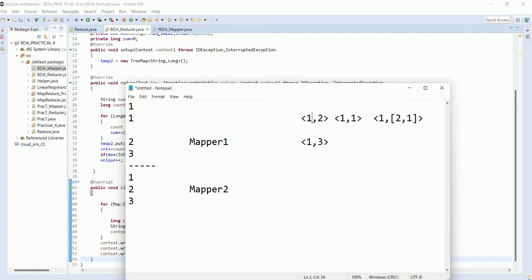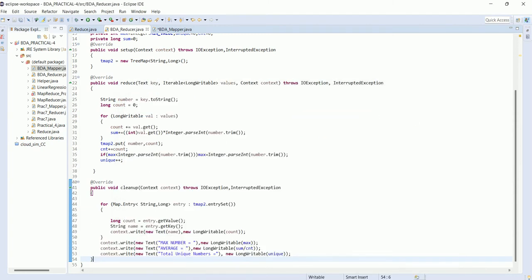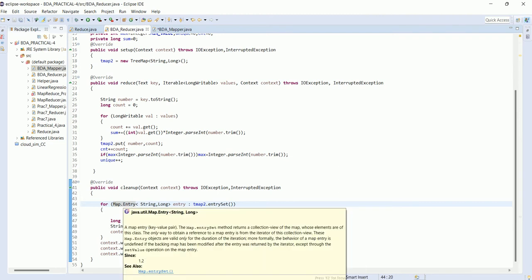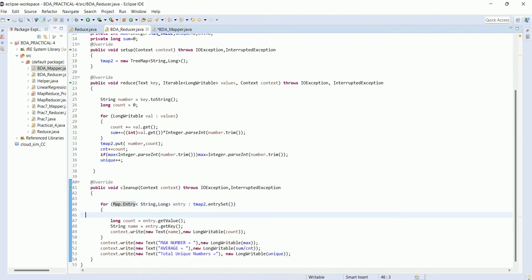This 1 2 and 1 1 are not passed to different reducers; the key 2 entirely goes to only one reducer. So we can easily wind this up in this tmap. After that, we iterate over this tree map in a for loop, and here we get the count for the particular value.